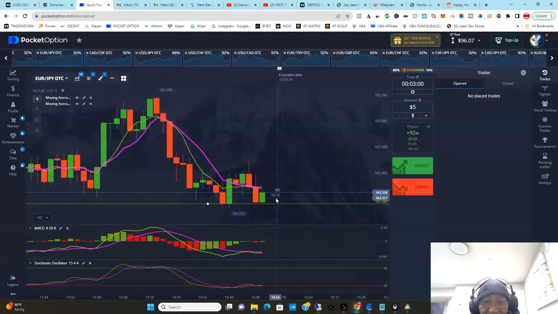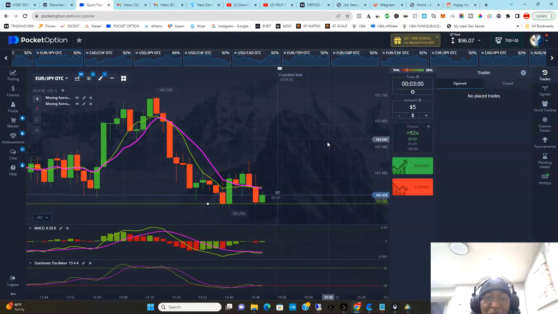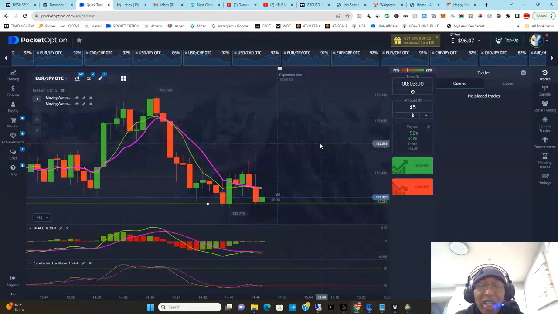Let's see if these are going to turn and start facing up. If they all start moving up, then we're going to jump into the trade, and we can get to our goal very quickly and call it a day. We'll have flipped the account in less than 1 hour, and this shows you how you can start